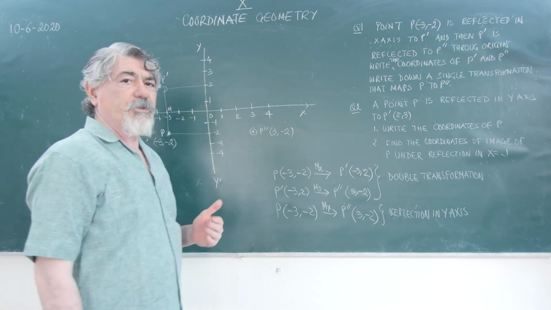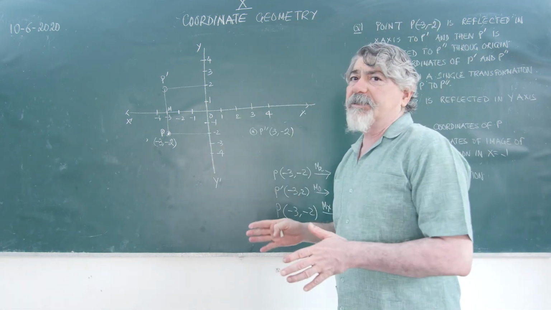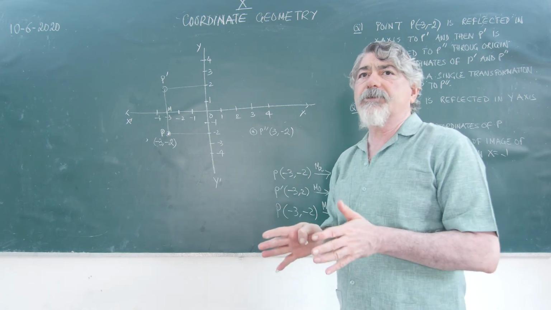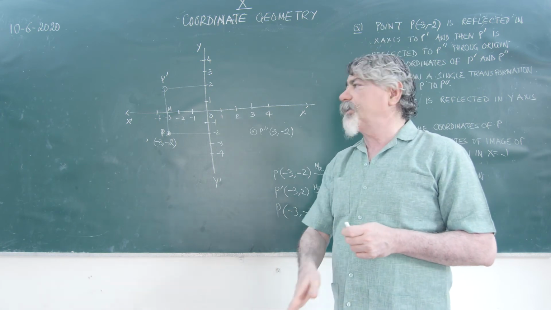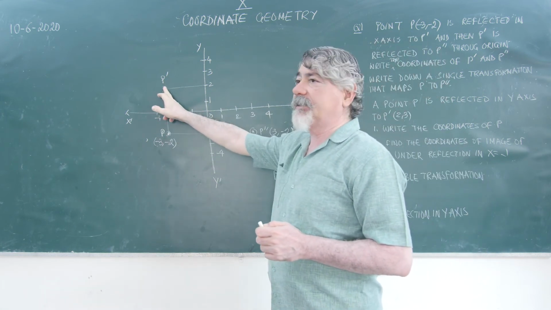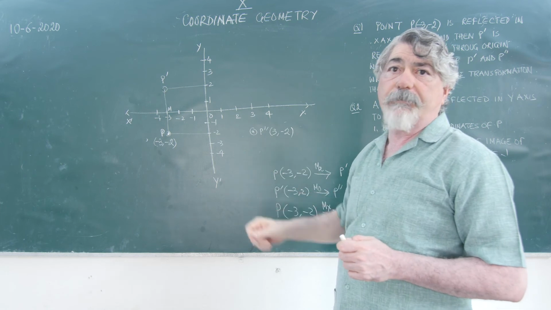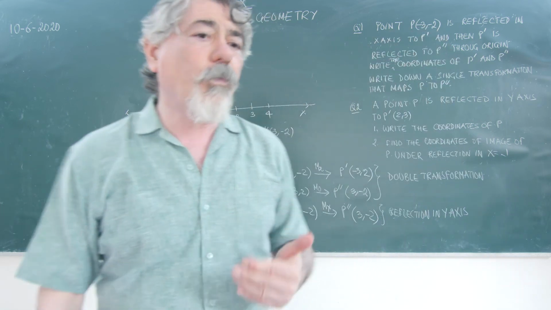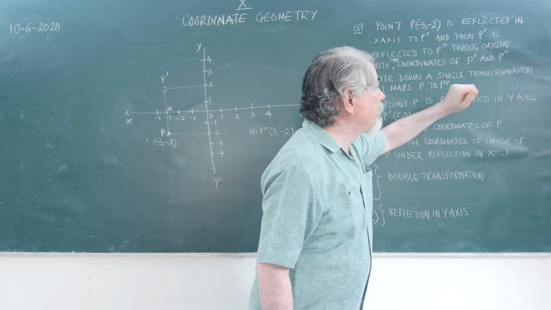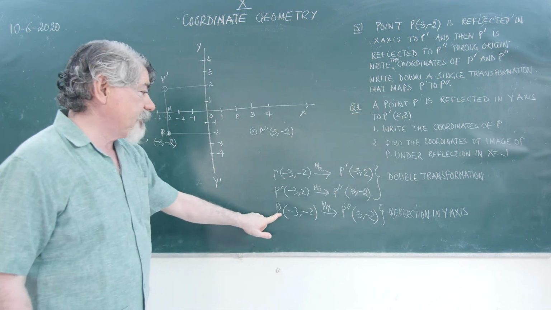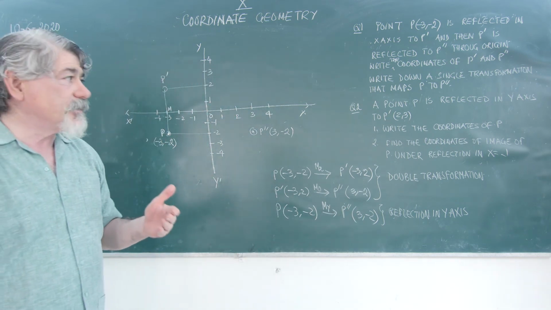Sometimes he asks you a question based on these problems, that he will give you a double transformation, and then he will say, how do we change this double transformation to a single transformation? That means instead of doing this process twice, let's do it once. Like we did, P to P dash in x-axis, then P dash to P double dash through origin. But P to P double dash I can obtain through reflection in y-axis. So this was a single transformation. That is what he means. Write down a single transformation that maps P to P double dash. So reflection in y-axis is the single transformation.